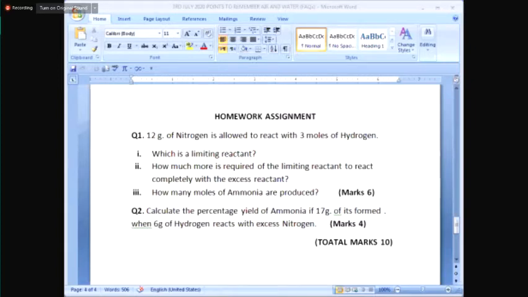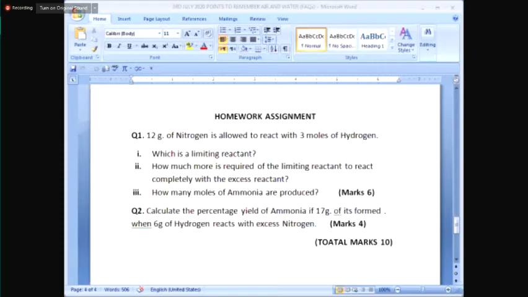1 mole of nitrogen gives us 2 moles of ammonia according to the balanced equation. I'm sorry, once again, because the equation is in front of you, I have to relate it with the product, not with the reactant. I'm repeating the first two parts by mistake. So 1 mole of nitrogen according to the balanced equation gave us 2 moles of ammonia gas. 12 over 28 moles of nitrogen would give us X moles of ammonia gas. And when you cross multiply, you come to know how many moles of ammonia are produced.